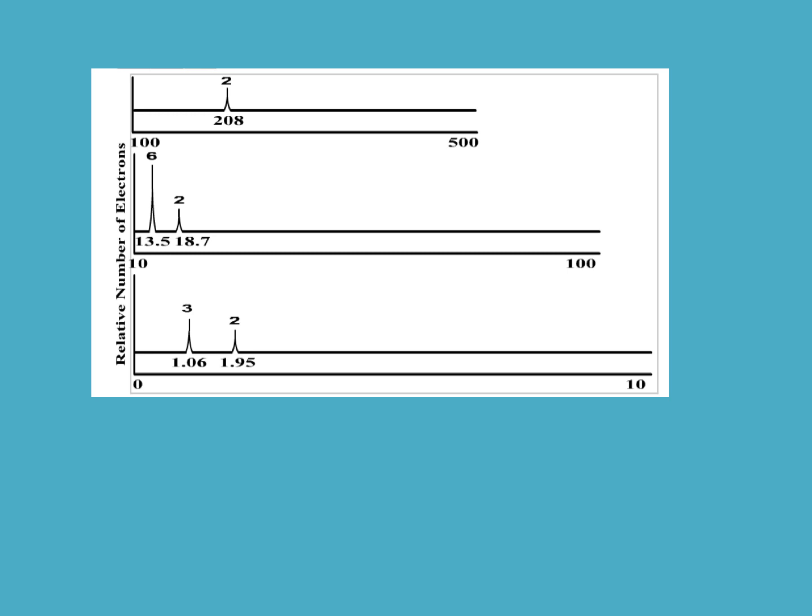So why don't you go ahead and try this example. Pause the video and go ahead and try this one. If you did that correctly, you would have gotten this electron configuration, and you would have identified the element as being aluminum. Now we should be able to try to work